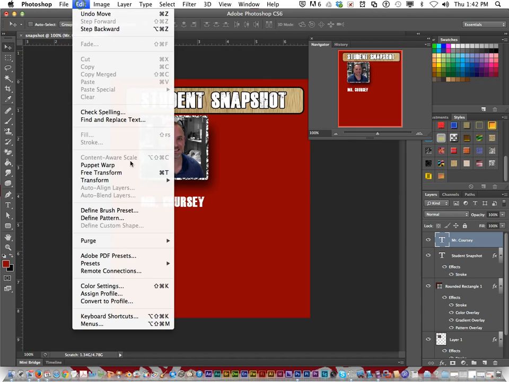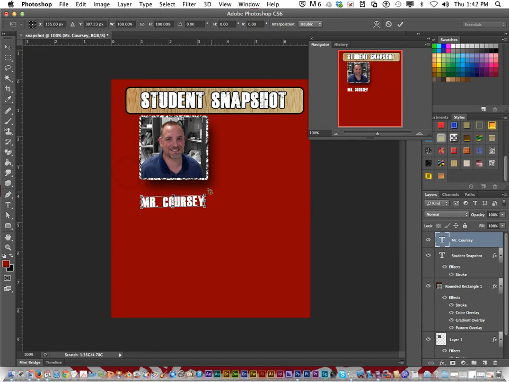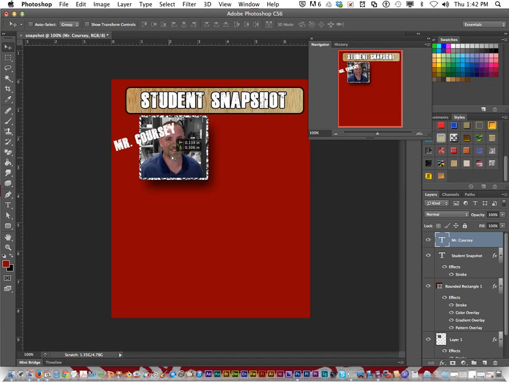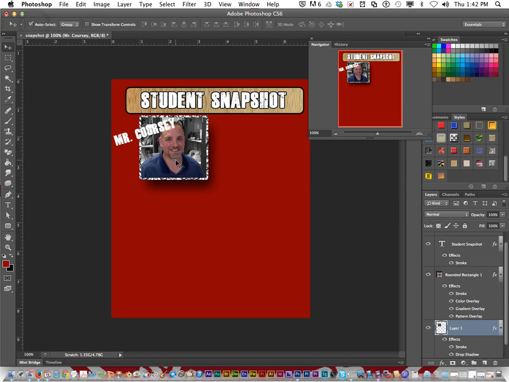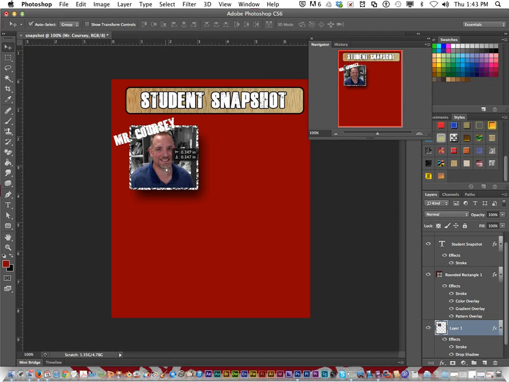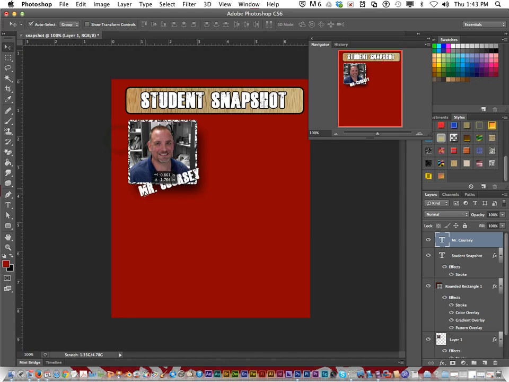And I can go Edit, Free Transform, and I can rotate it. And then hit enter, and let me get the auto select for the move tool so I can move layers around. Now I don't like that there,